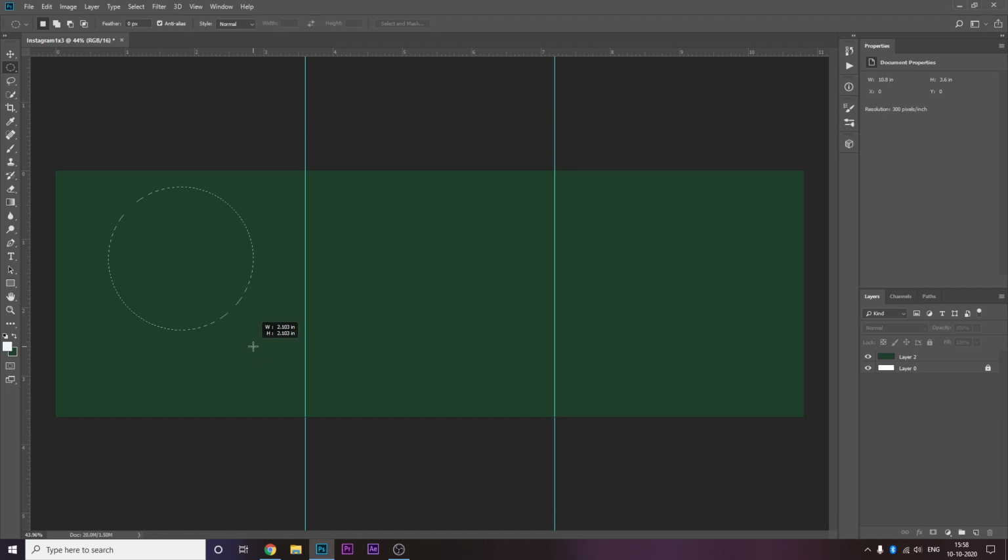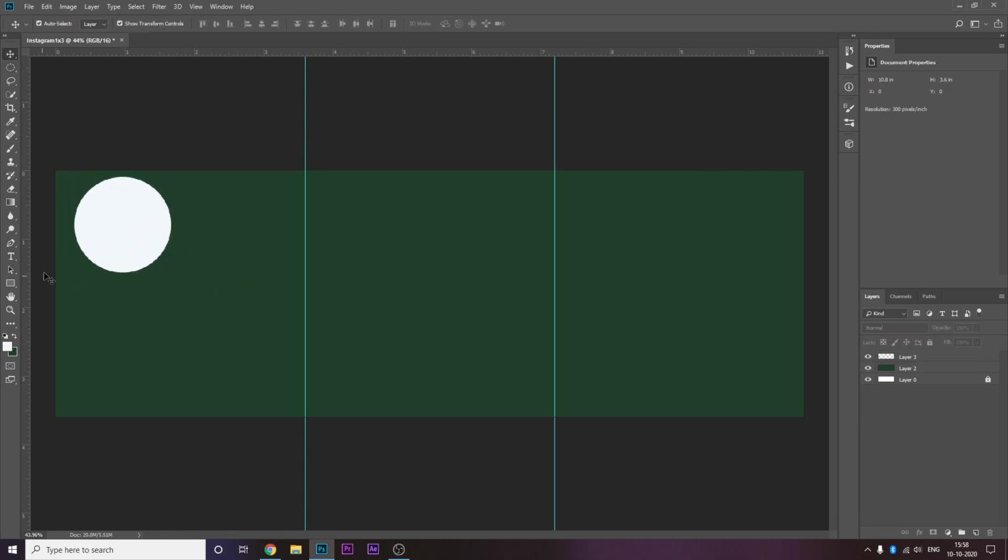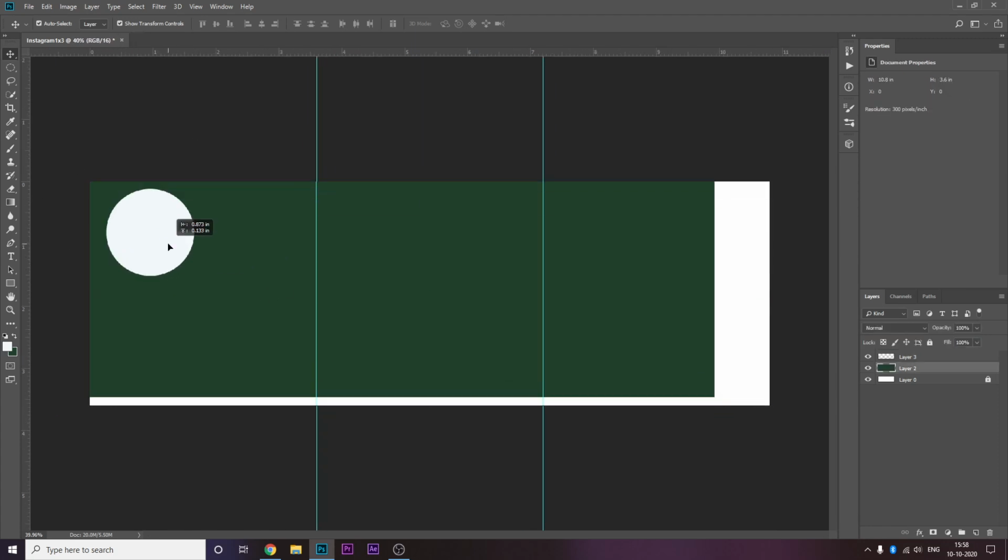Pressing shift will make a perfect circle. If you can see the width and the height, I can't move my mouse towards it, but the width is perfectly equal to the height, which is 1,920. Pressing shift will make a perfect circle. Leaving shift will make an ellipse, and you can make any ellipse, but if you want a circle, then you do this. Why would you use a circle? Let's say you make a new layer, and you add white. Now you can add an image here. You can add a number of elements in this, and currently I can see a moon, this can be used as a moon as well.